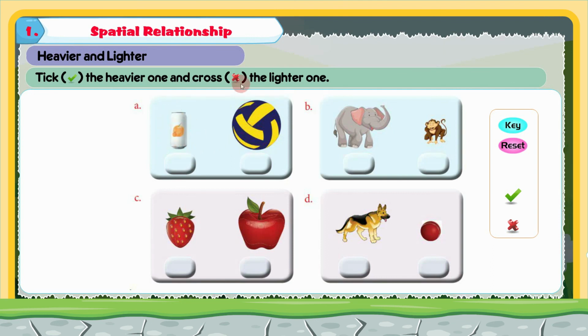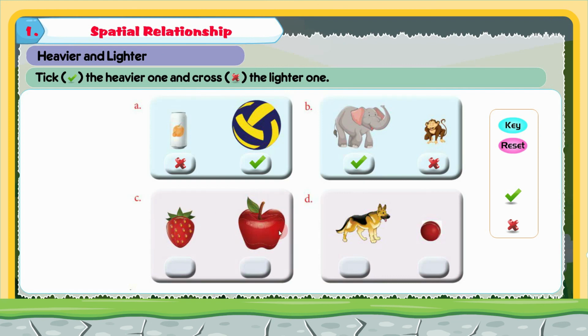So for the lighter one, we need to put a cross, and for the heavier one we need to put a tick mark. So for the ball, which is heavy, I will put a tick mark, and for the fruit juice can, which is a lighter one, I am putting a cross. For the B, elephant, this is the heavier one, this is the lighter one, so for the heavier one we put a tick mark, and for the lighter one we put a cross mark. Monkey is lighter than elephant, so we are putting a cross mark here. Then C,